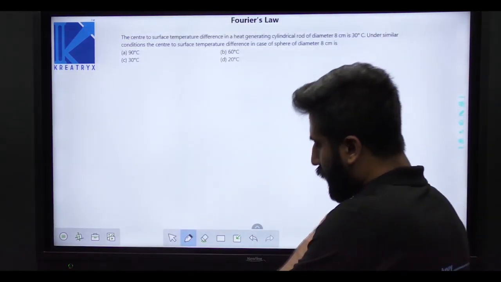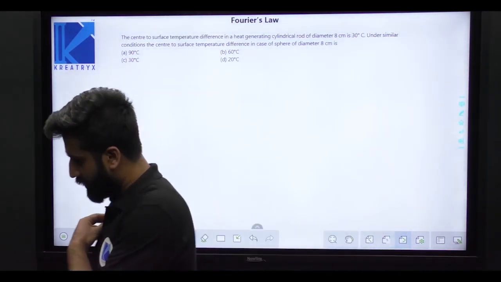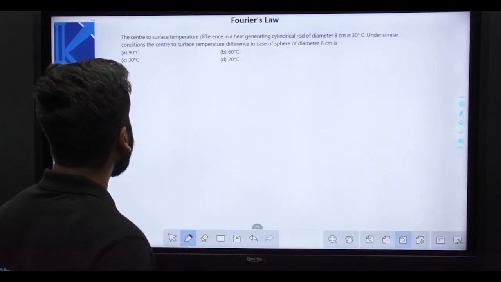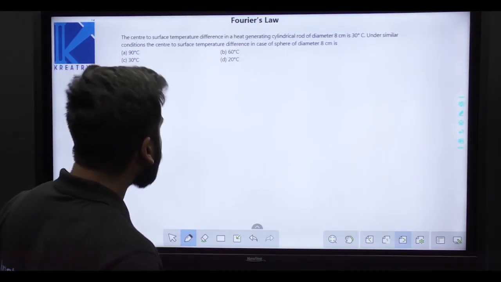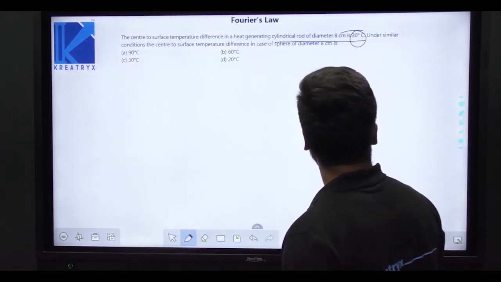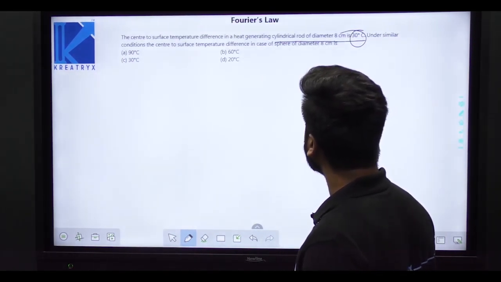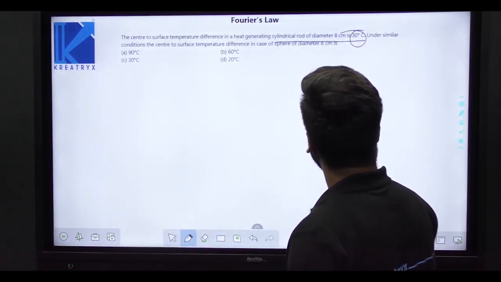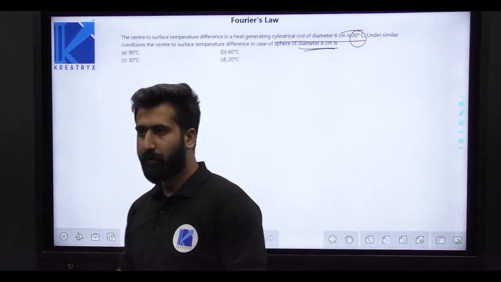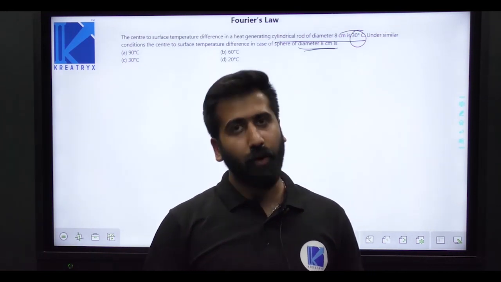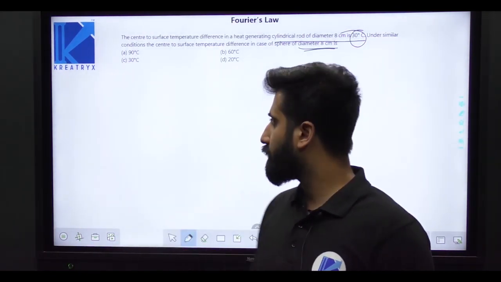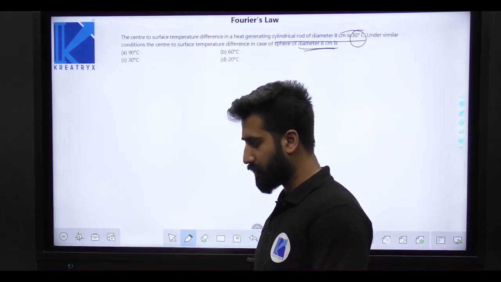Okay, the next question is again based on the center temperature and surface temperature. The center to surface temperature difference in a heat generating cylindrical rod of diameter 8 cm is 30 degrees Celsius. This is the data. Under similar conditions, the center to surface temperature difference in case of a sphere of diameter 8 cm is? If you don't remember the formula, this will be a very lengthy question for you. But now